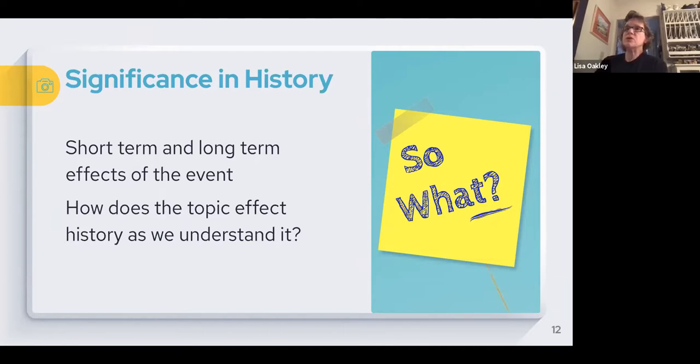Historians can spend years on topics. What they wrote as a grad student is very different from what they wrote in their dissertation, and what they wrote in an article as a first-year PhD student is different from their dissertation. It grows. So whatever you do from here in any one of these areas, it's going to grow, and you're going to evolve in these areas. If you think about, especially those keywords again, analysis, thorough,